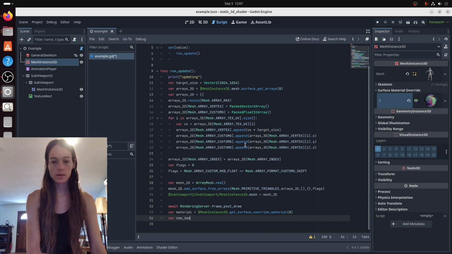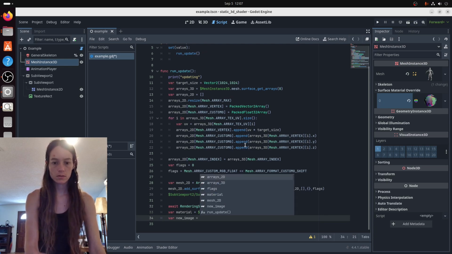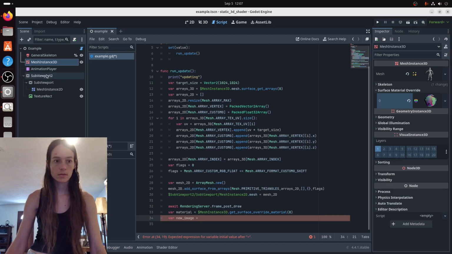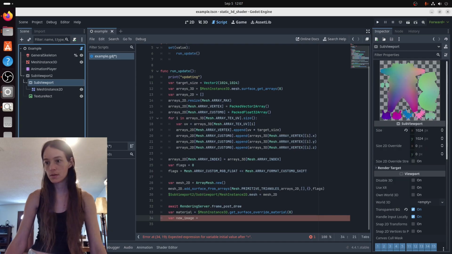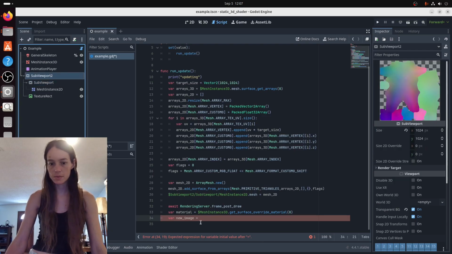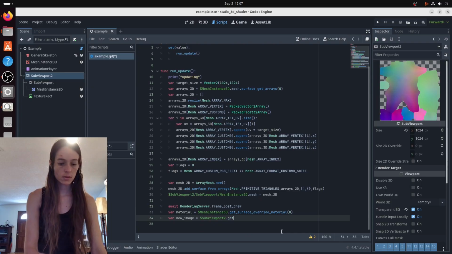And then we'll get the new image, which is the sub viewport 2. So here you can see the original and then the one with the expanded seams. So we'll get the sub viewport 2 dot get texture, get image,